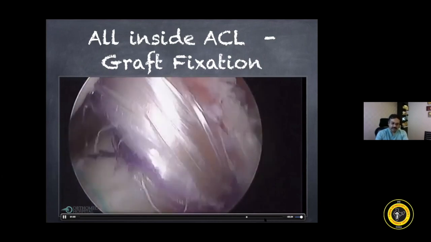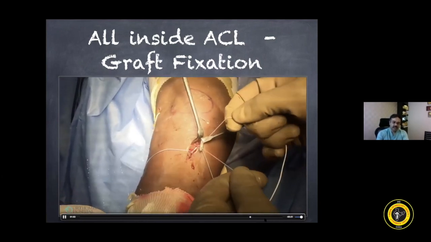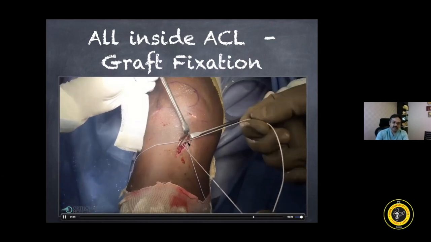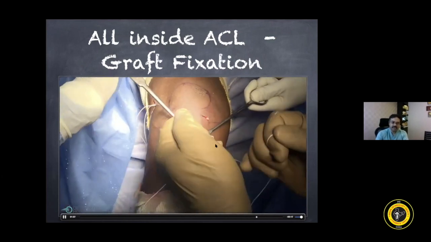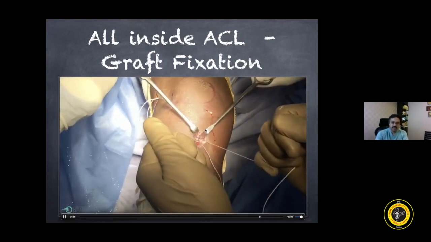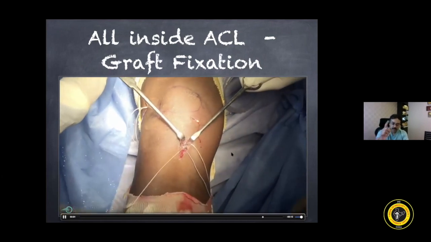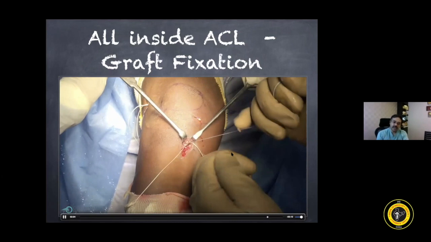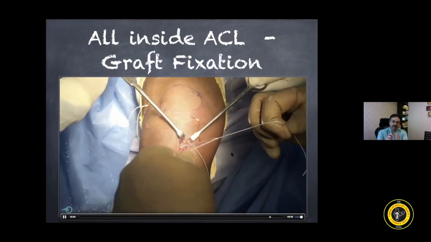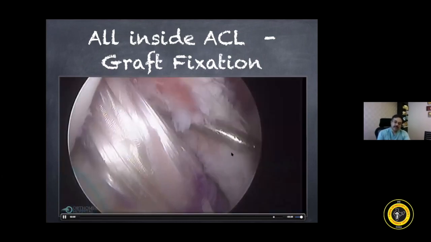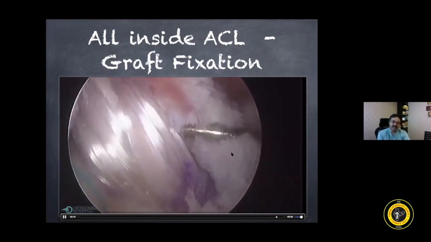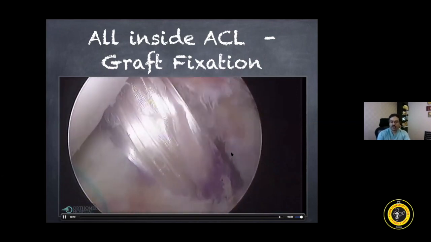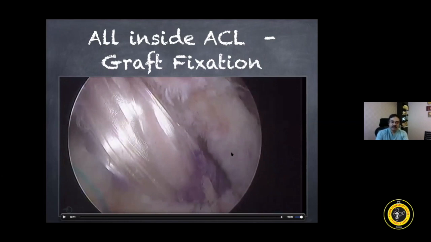Once the graft is reduced, we can tighten it, and here we keep both the sutures on the sides. The white suture is the TightRope, and the blue suture is the fiber which is coming directly from the graft. By this technique, we have an additional fixation of the graft so that the graft doesn't slip and it is very strong. So this is the final fixation of the all-inside technique using TightRope and FiberWire.